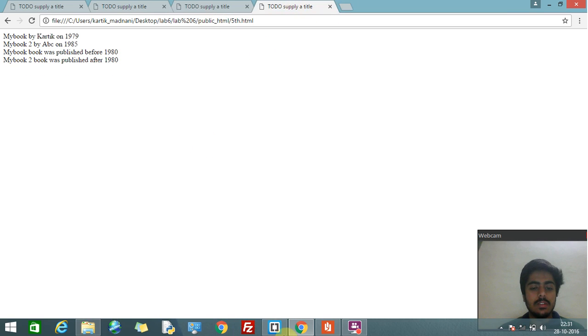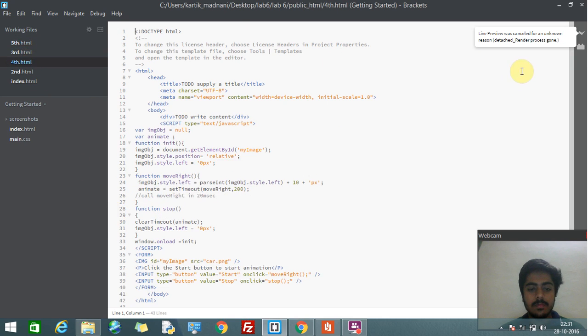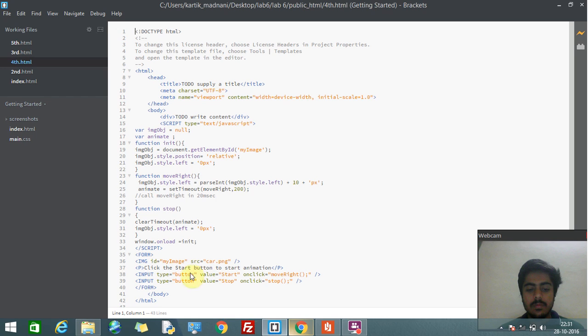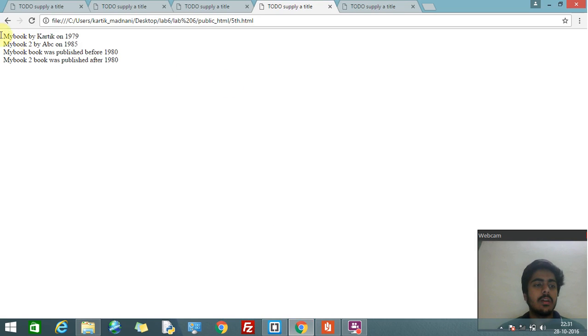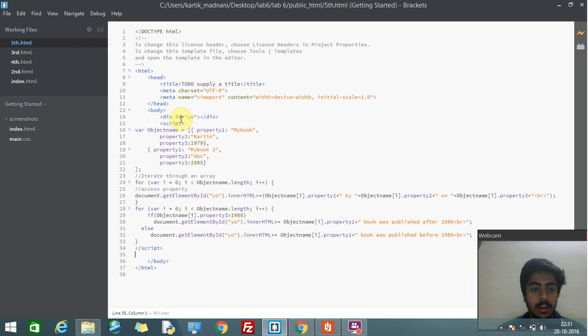Now this is the task which I have performed. In this, as you can see, my book by Karthik. So we had to display this using objects of JavaScript. So here's the coding. As you can see here, I've created an object named my book, with property Karthik, property 3, 1917. All these properties I've created, and then to display it I'm using a for loop to iterate through